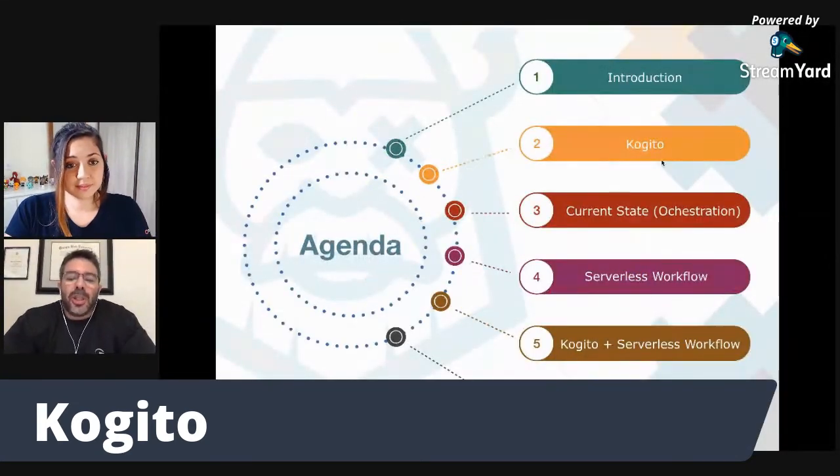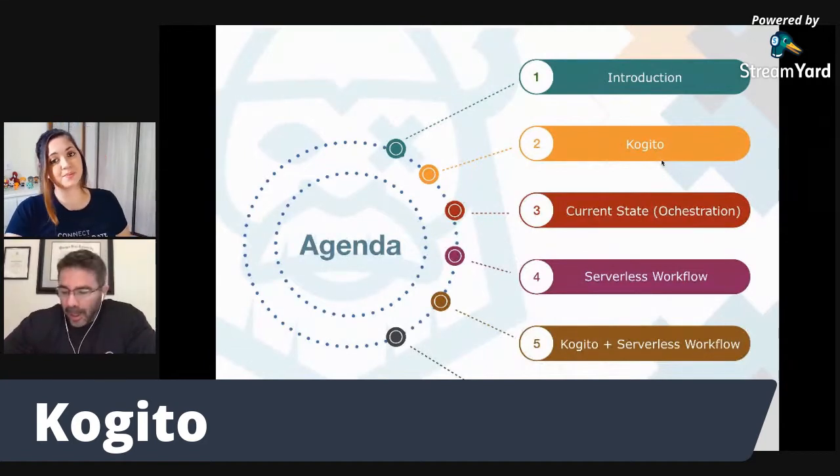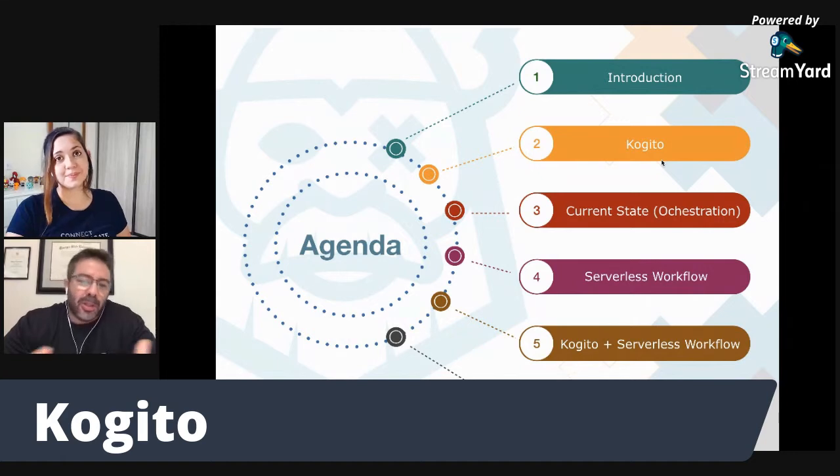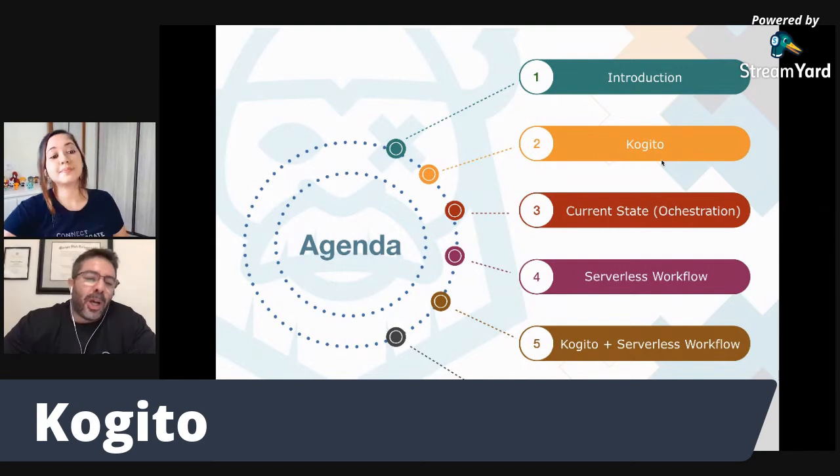So can you just give us a little bit of an introduction of what you're going to talk about today? Sure. The agenda for today's talk is I'm going to give an overall introduction about the current space, looking at IT and business automation. Then I'm going to talk about Kogito, our new business automation engine, why we looked at it and why we changed what we had in order to get us where we wanted to be.